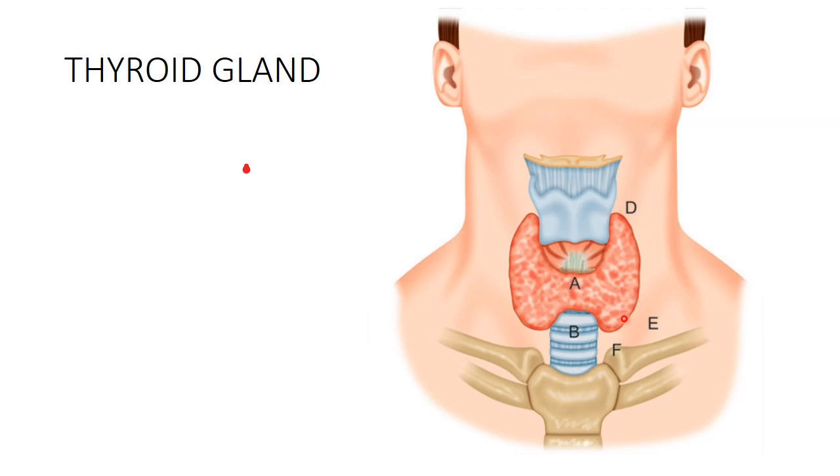Then we have these lateral lobes. For the lateral lobes, one point is along the anterior border of the sternocleidomastoid at the level of the laryngeal prominence. So this is the laryngeal prominence, right? And another point 2.5 centimeter below and lateral to the lower border of the isthmus of the thyroid gland, right? And a point 1 centimeter below the lateral end of the lower end of the isthmus of the thyroid gland. So अगर इन तीनों को हम जोड़ते हैं, so these are the lateral lobes, right?